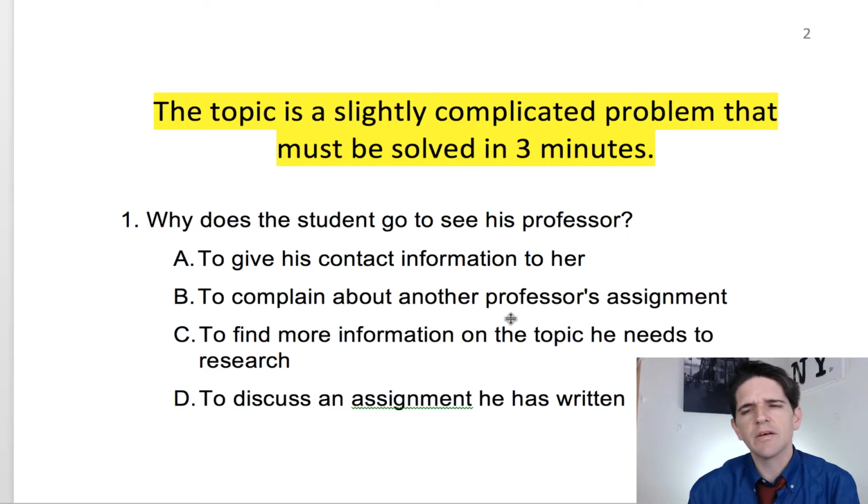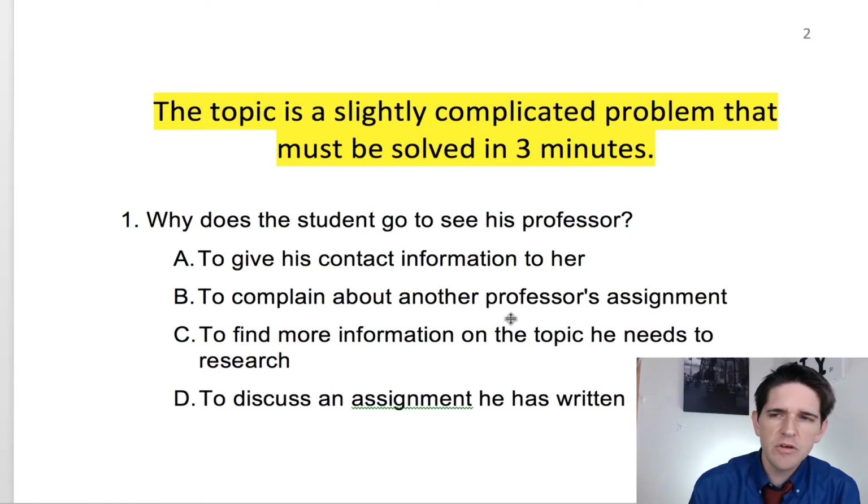I don't like my professor, he gave me this assignment, oh man, it sucks, blah, blah, blah. So what? What am I going to do about it? Somebody else can't do anything about another professor's assignment, okay? This might be the answer. I haven't heard the listening, well, I'm imagining I haven't heard it. But I don't think that's the answer, okay? Because complaining has nothing to do with trying to find a solution to a problem.